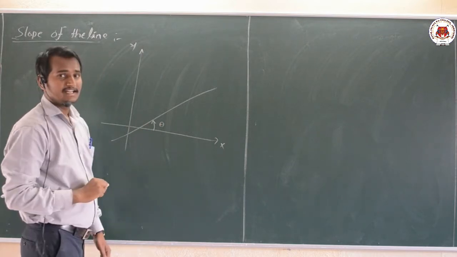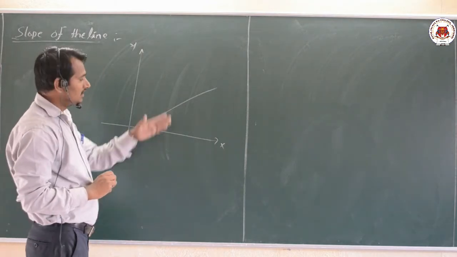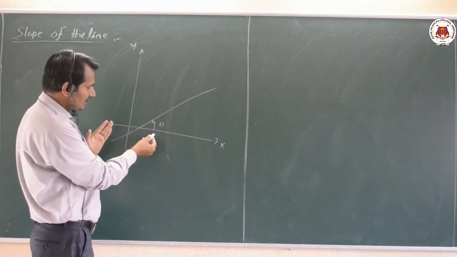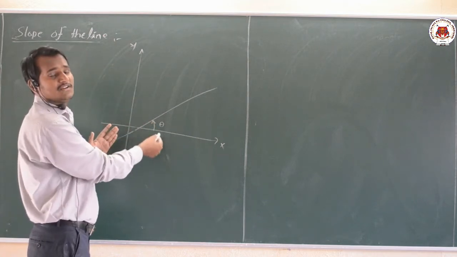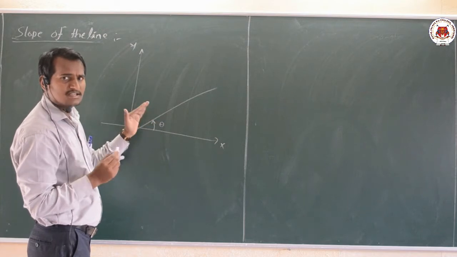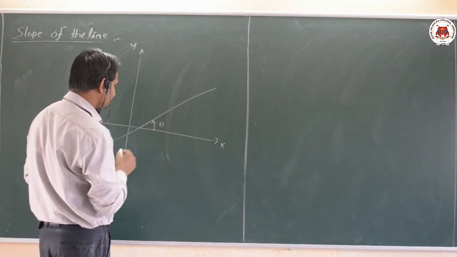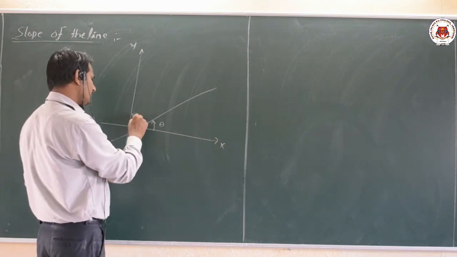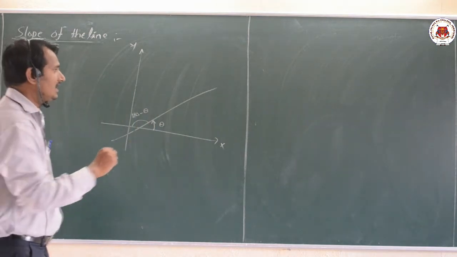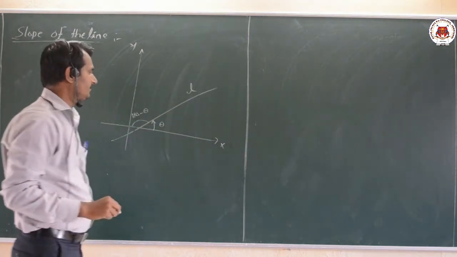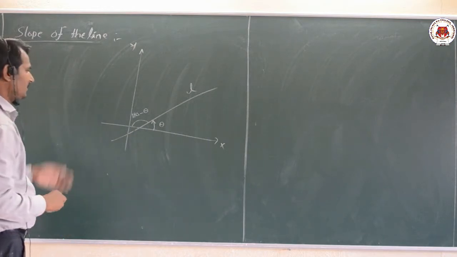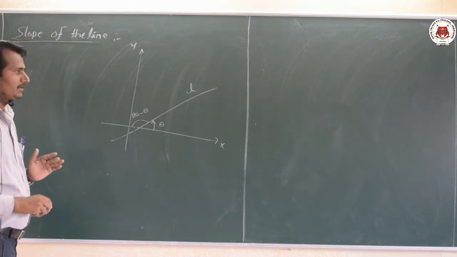I call it an angle here. Angle means the amount of bending of the line with respect to the x axis, and we are counting it in the anti-clockwise direction. For example, here the angle is theta, and similarly this value is 180 minus theta. It is our line L, which means the angle may lie between 0 to 180 degrees. This is the first important point.